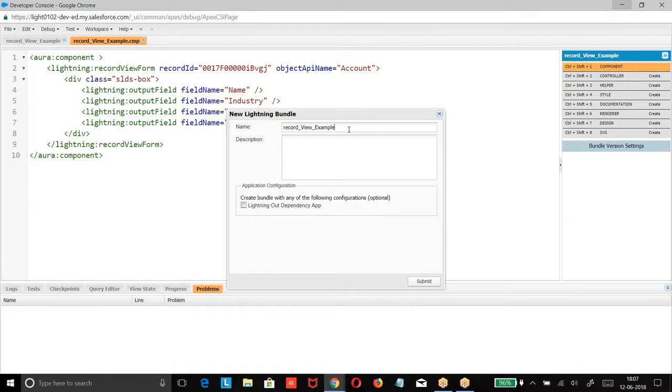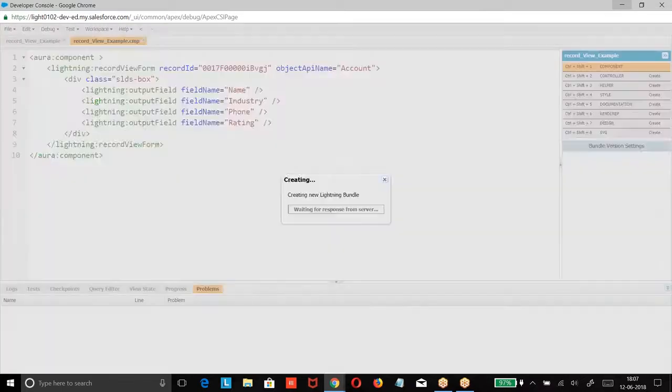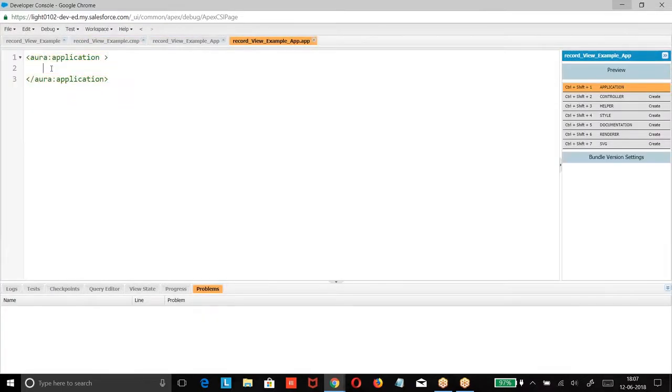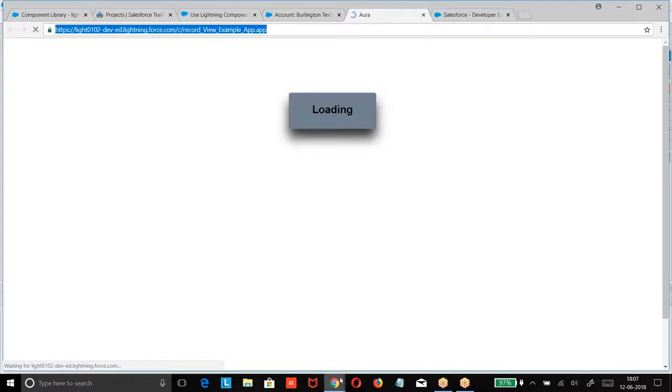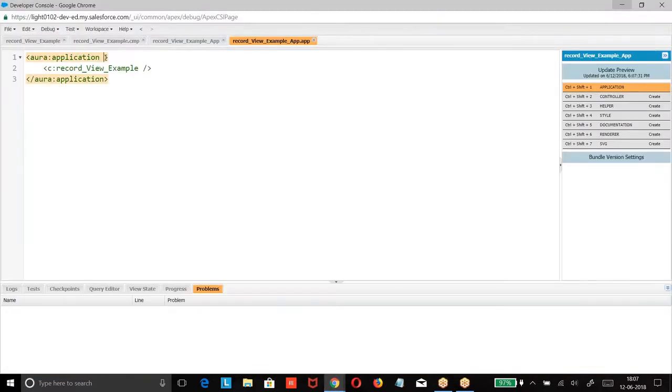Lightning application. Go for a preview. We are not given force:extends.